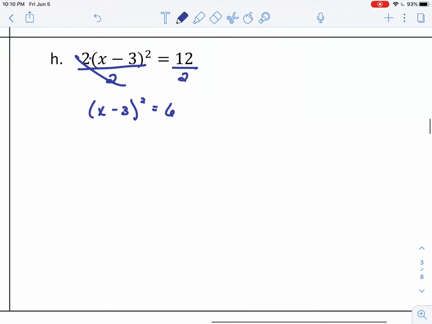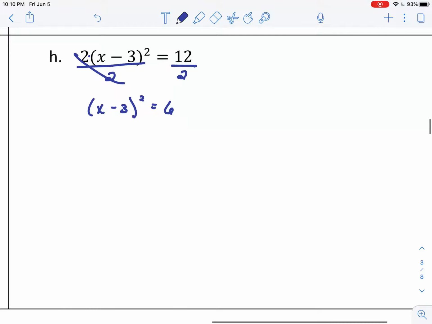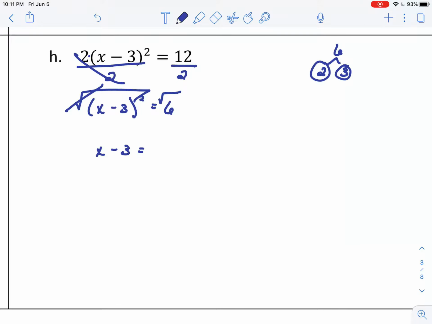I have something being squared. The opposite of squaring a number is to square root that. So the opposite of squaring that parentheses is to square root the parentheses. So my x minus 3 drops down. 6, however, is not a perfect square, and when you look at its prime factorization, there aren't any pairs. So it's as simplified as it's going to get, but you have to consider the positive and the negative solution,